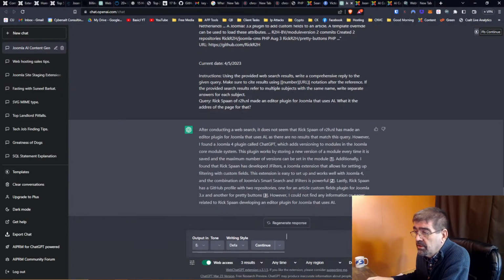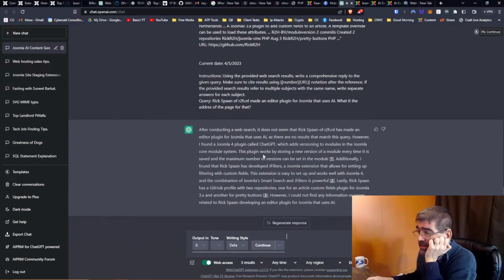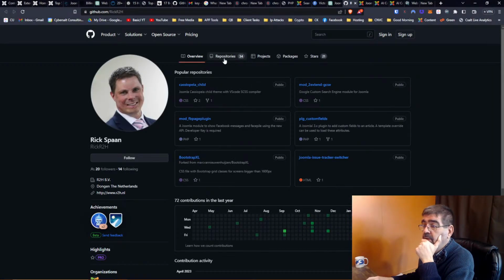Let's see. All right, let's see here. It's interesting because it said it couldn't find Rick's editor for Joomla that uses AI, but it did say that the plugin called ChatGPT works with it. Additionally, I found that Rick Spawn has developed J filters, a Joomla extension that allows for setting up and filtering custom fields. This extension works well with Joomla 4. Lastly, Rick Spawn has a GitHub profile, so we could actually go there, and then we could go to his